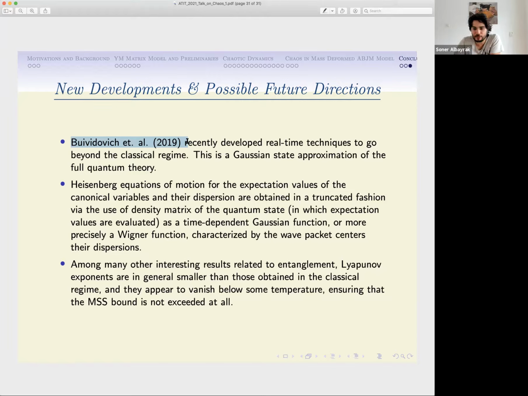Does anyone have any questions? I actually have questions regarding phase diagrams, since we also talked about it today a lot. I don't recall seeing any phase diagram of, I don't know, BFSS, BMN. Do you know of any phase diagrams, like chaotic to integrable transitions?